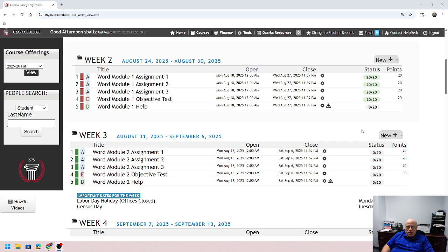If I had to count any points off for any formatting errors, I was very specific on what I counted points off for and what you didn't do or didn't do correctly, and the reason I'm taking the points off. But after reading the comments, if you still have questions, just send me a course mail in my Ozarka, and I'll be glad to answer any questions that you have.